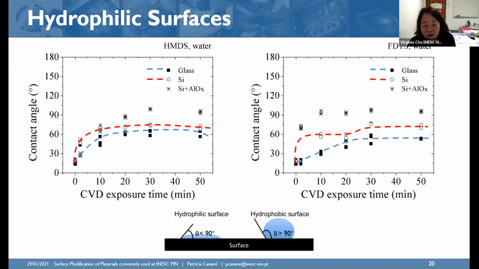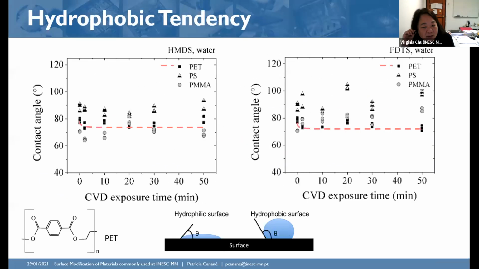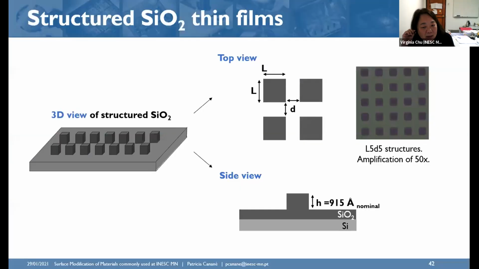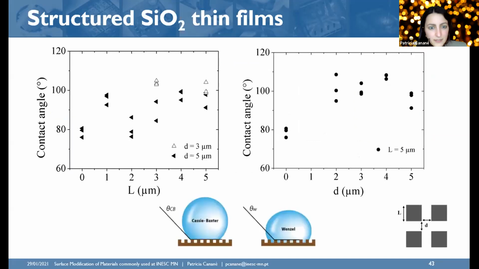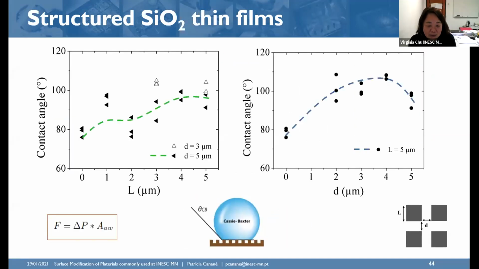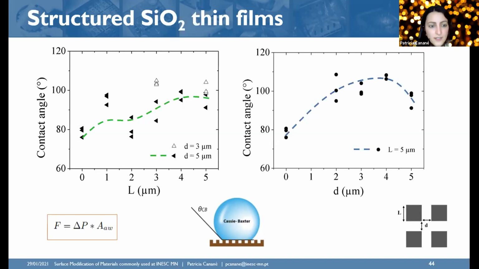Can you go to the slides with the patterns? Here or on the data? Next, on the data. Okay. This is just to clarify. What do you mean by 0? Okay, I didn't explain, sorry. For every assay, I have the null time, which corresponds to the substrate that is not altered. So here is silicon dioxide with no structure, no pattern. Okay. And on the others, there are the ones that have no chemical on top of it. Okay, thanks.